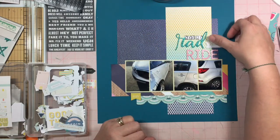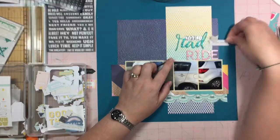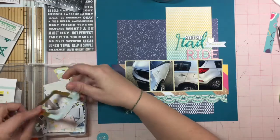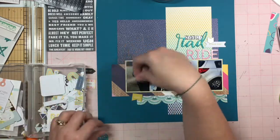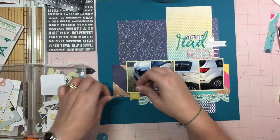Now, this little guy over here, it says, note to self, a bad day. I thought I was going to move him around. I was worried that my title was going to get too wordy. Like, there was going to be so many words over there, you didn't know exactly what the title was supposed to be. But it does end up going back over there,